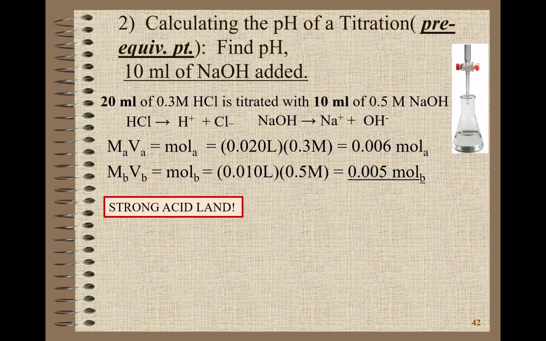So each mole of acid neutralizes each mole of base. So what's left over? I take the difference. So what is it? Yes. So the difference is 0.01 moles of acid. All the base has been neutralized and we're left over 0.01 moles. But before we can find the pH, we need the concentration in moles per liter. But now we just added 10 milliliters